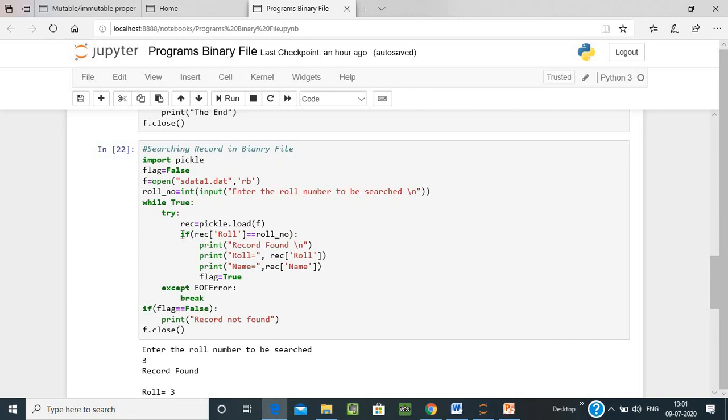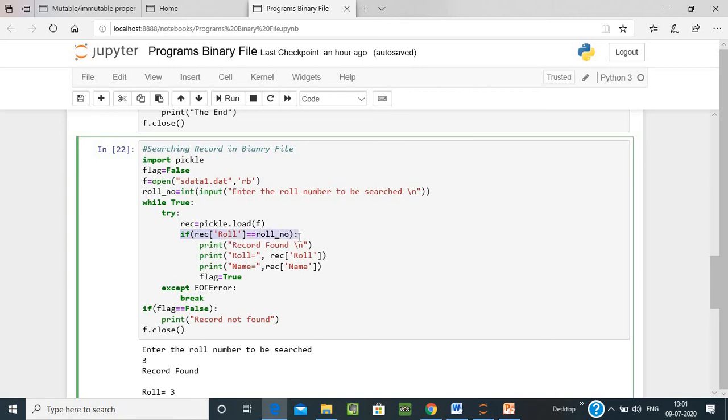So in this line, we are checking that the record accessed by this line is equal to the roll number we have passed here.